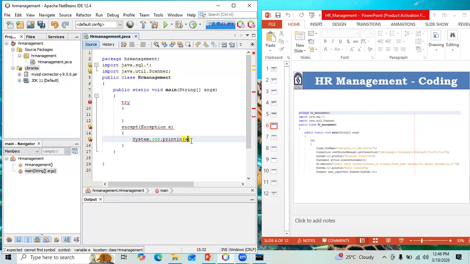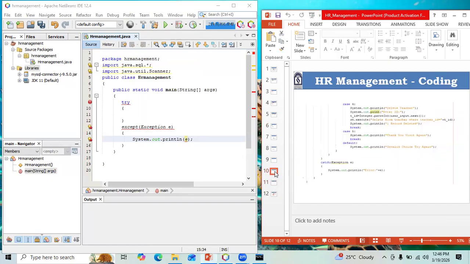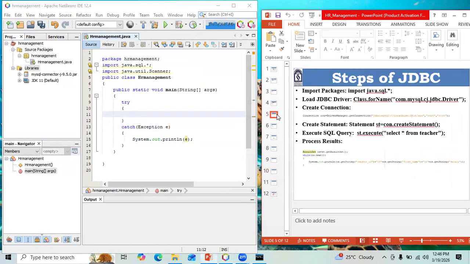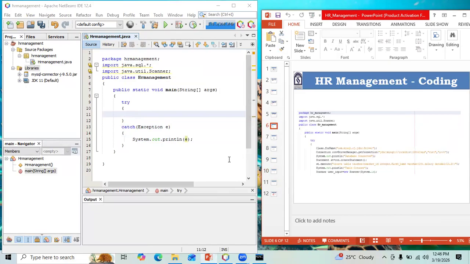Very simple. Not except, catch. Good. Now come here. This one. Okay. Now I need to load class.forName. Okay, within double quotes,